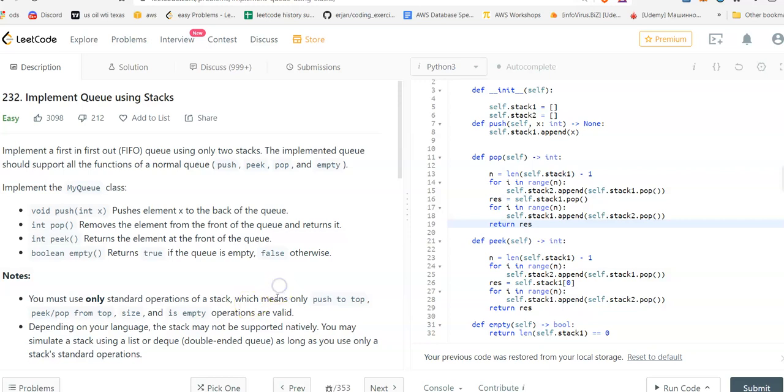I'd like to share a solution to a very interesting problem. This is LeetCode problem 232, implement queue using stacks. We are given a data structure, a queue. We have to implement four standard functions like push, pop, peek, empty, except that here we're only given two stacks